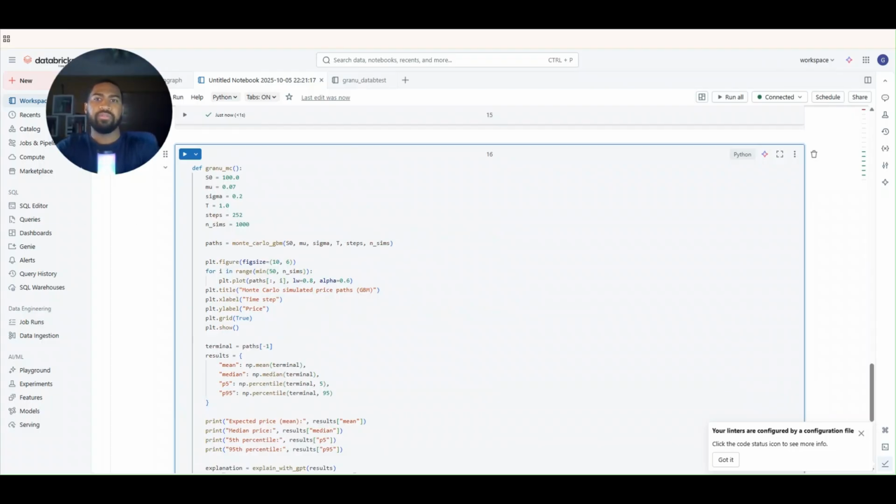So, like was done before, this is your starting stock price, $100 per share. This is the expected return percentage annually. Volatility 2%, or 20%, sorry. Time, 1 year, steps, and number of simulations. Cool. So one thing I want to point out here is on average,